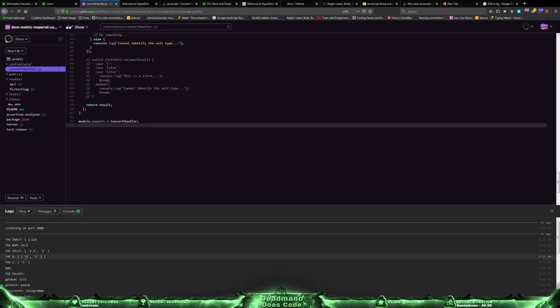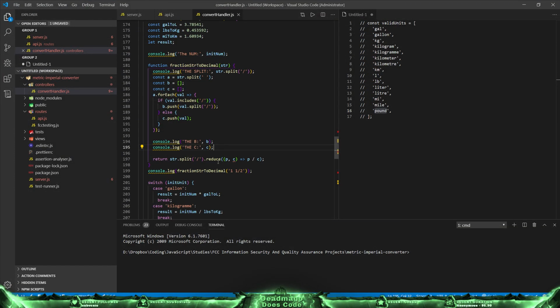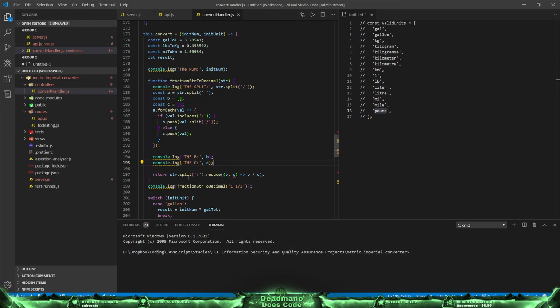Let's see, B has 1 and 2, that's fractions, and C has 1. Great. So then you do the fractions, and then afterwards you add from C. Or you could do it the other way around, it doesn't matter. And then you return